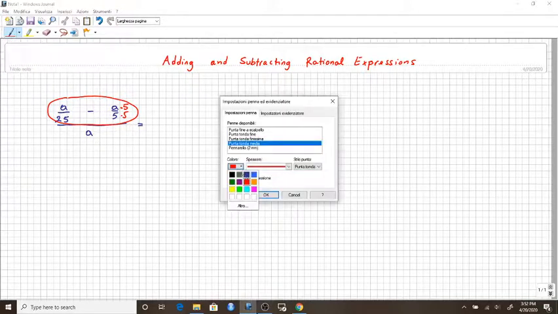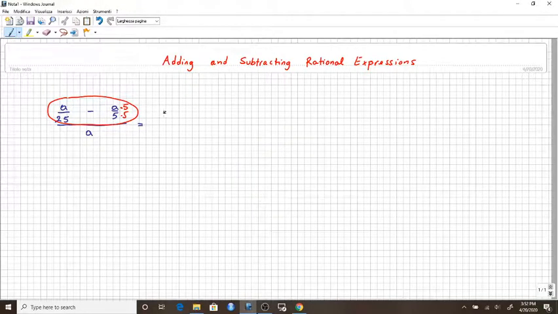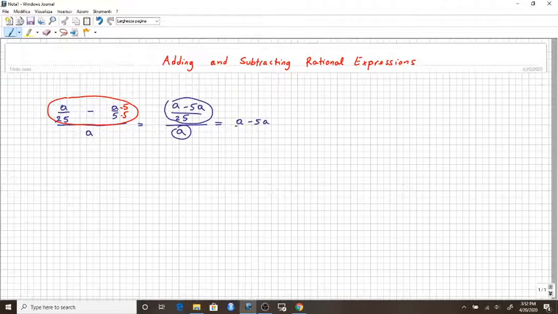So now, here we have a single denominator of 25. This is a, the second one is 5a, and we need to divide everything by a. So at this point, remember that dividing this by this means multiplying by the reciprocal. So we can write a minus 5a divided by 25 multiplied by the reciprocal of a. a is like saying a over 1, right? Which means 1 over a. So this becomes equal to a minus 5a